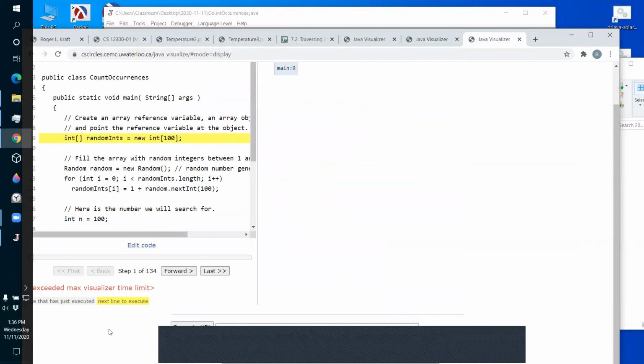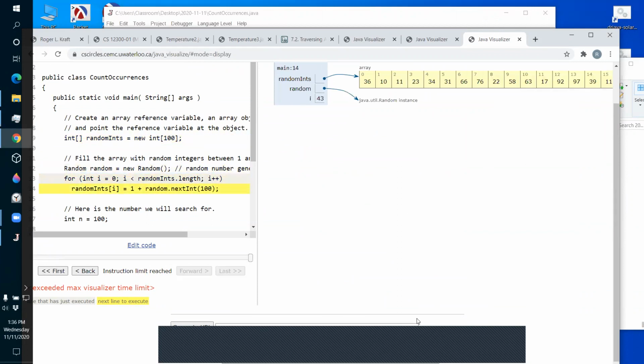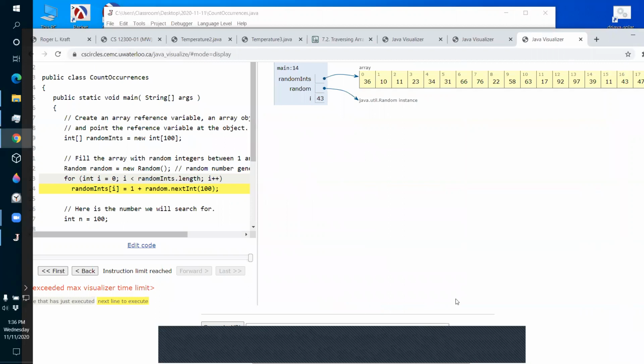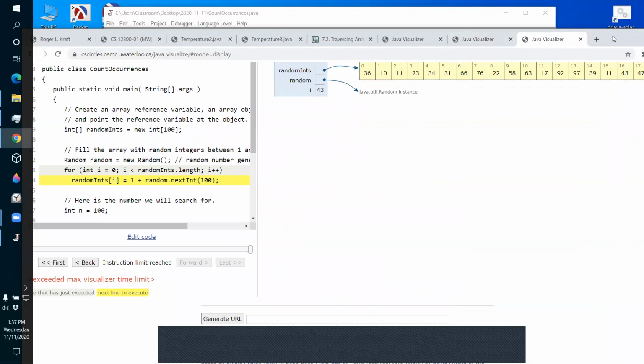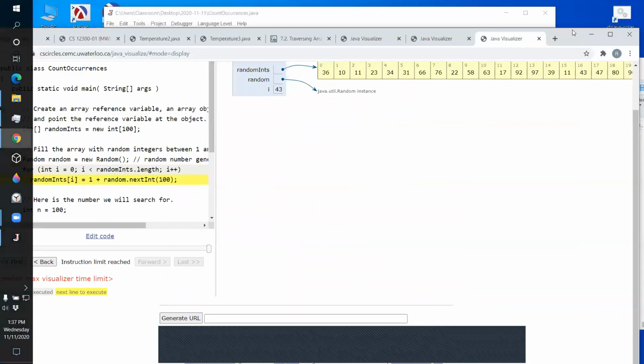No, it wouldn't even do an array of 100, but we can still see how far we got. Well, let me just go to the end. Adjust my window better.